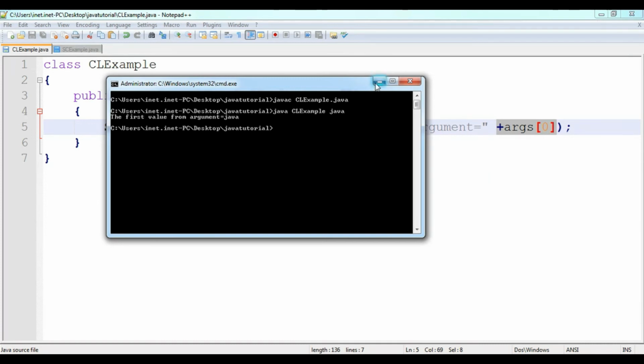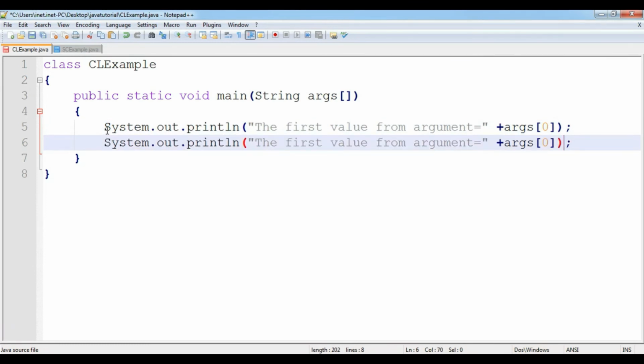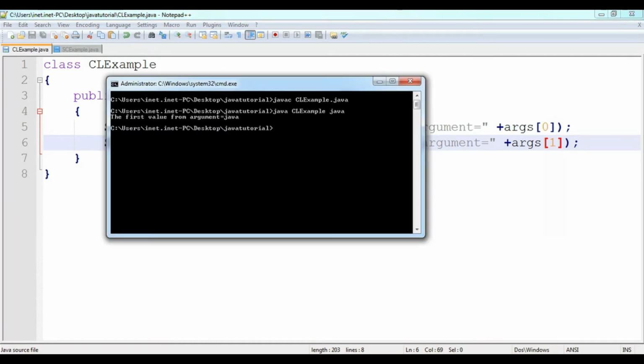Suppose I want to pass two values, then let's copy this line. The second argument value from argument is args of 1. Meaning after spacing, whatever word I write will be passed in args of 1. Let's again compile this file and run this file. To compile, javac, name of that file with extension .java, and now to run this file I have to pass two values.